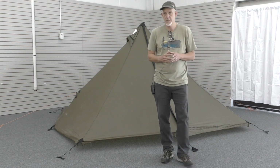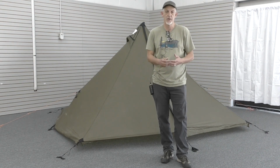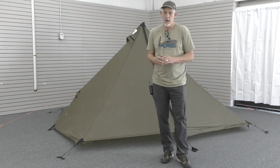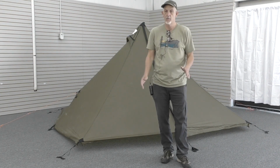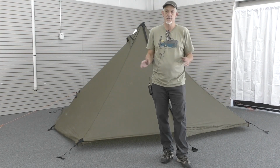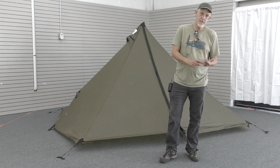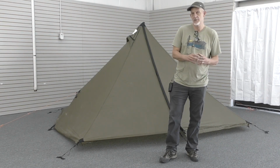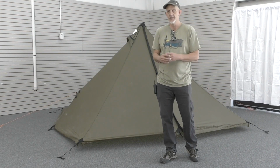There are some conditions in which condensation is going to be less. For instance, if there's a strong breeze or wind, kind of windy, you're going to have no condensation. However, if dew is forming on the grass, dew is forming on your pickup truck, whatever, you're going to have condensation issues. In the following videos, we're going to go over tips and techniques that you can use to minimize condensation, and we're also going to go over some gear choices you can make to really minimize the effects of